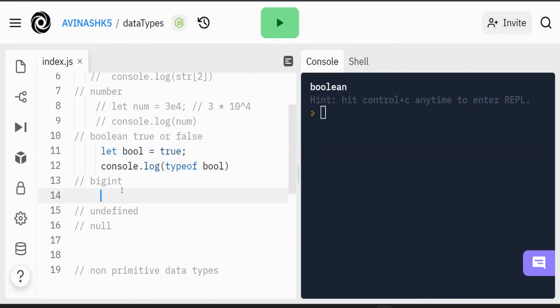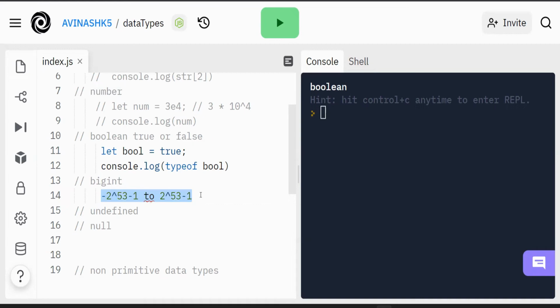A number between minus (2 power 53 minus 1) and 2 power 53 minus 1 will be a number data type, but after this value it will behave